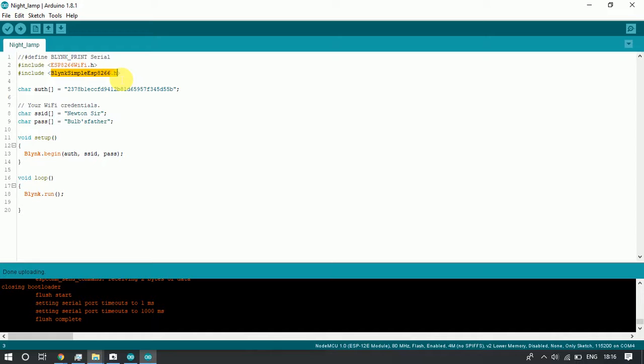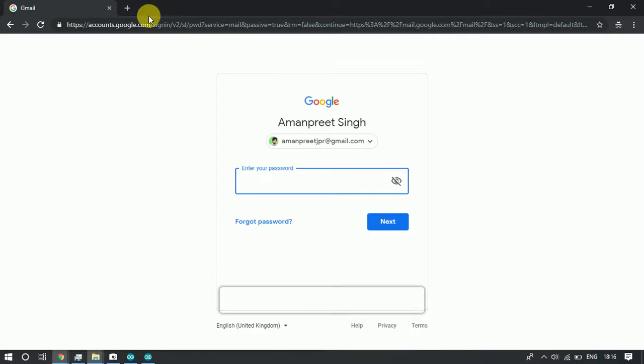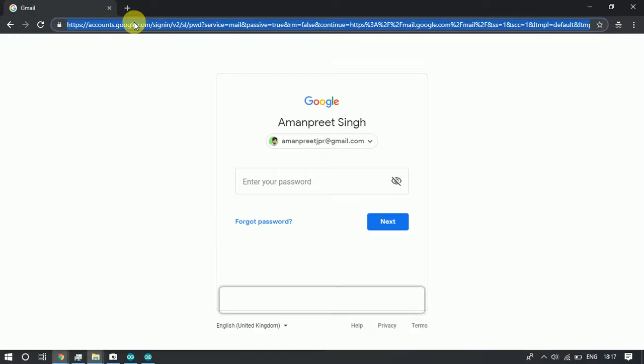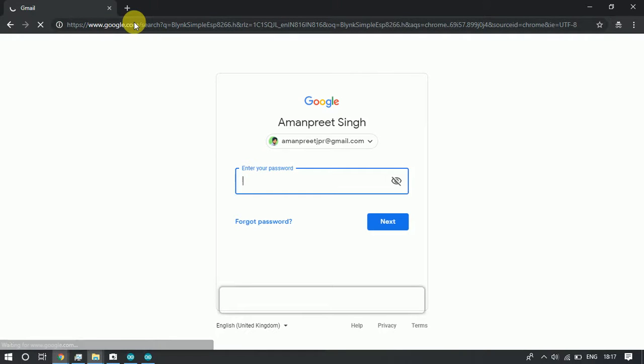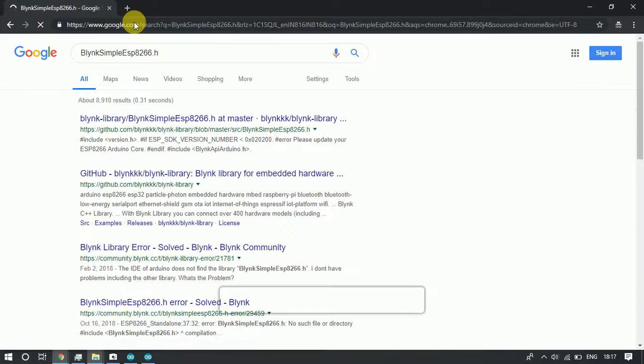The Blynk server library needs to be downloaded and added to the Arduino software. To download it, we need to search for it on Google. We will copy the name of the library and search for it on the Google search engine.